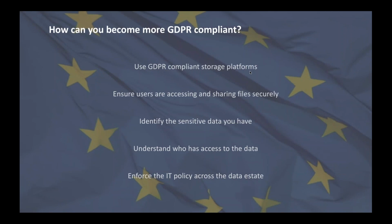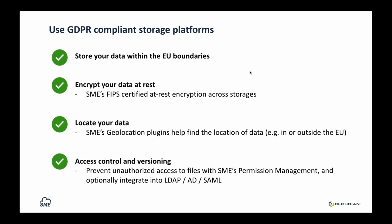The first thing is, and these are the things that I will talk about: what compliant storage is, how you can ensure that users are accessing or sharing files securely, and who is accessing them. How do you identify sensitive data? Cloudian has a metadata facility, but how do you populate that metadata? Understand who has access to the data, how do you secure the data, and how do you enforce it across the full estate? Okay, so the first thing is, to be GDPR compliant,